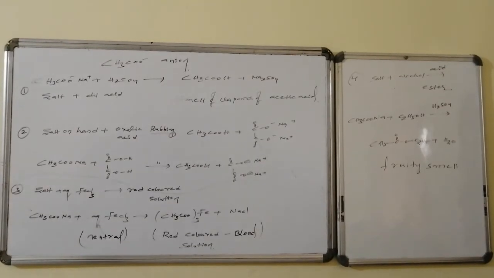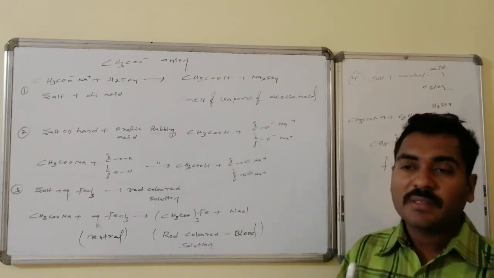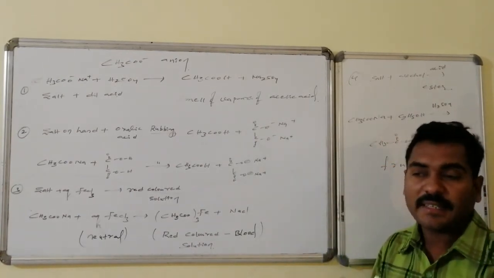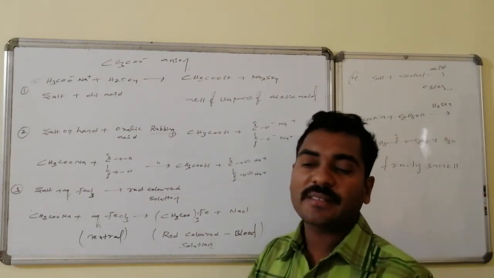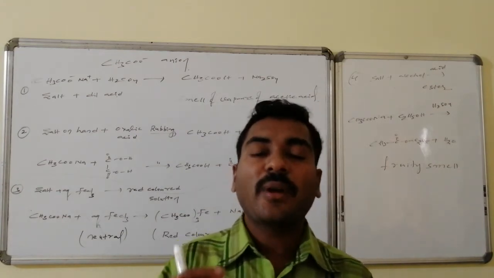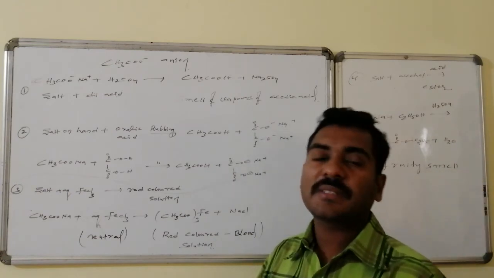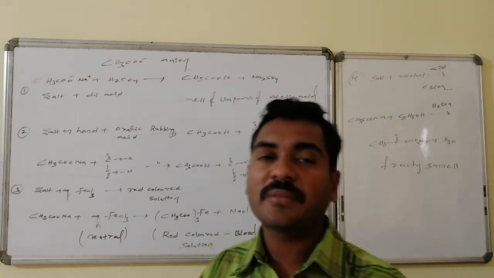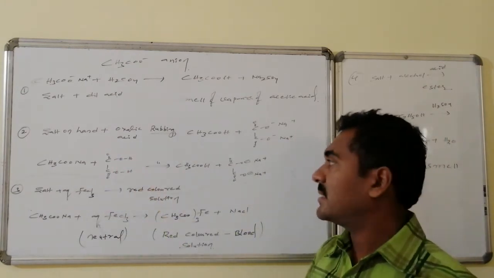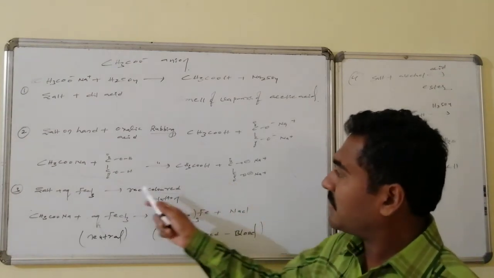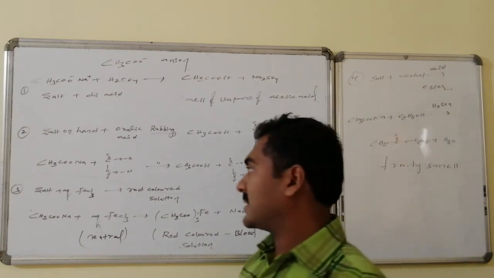Acetate anion. This acetate anion on reaction with dilute acids leads to the smell of vapors of acetic acid being observed, which indicates the presence of acetate ion. The second examination is, you can take the salt on hand and add a weak acid like oxalic acid and rub with your hands. As a result, the same vapors of acetic acid smell are observed, which indicates acetate ion is present. That is, salt on hand followed by oxalic acid on rubbing leads to the formation of acetic acid followed by sodium oxalate, with the smell of acetic acid.